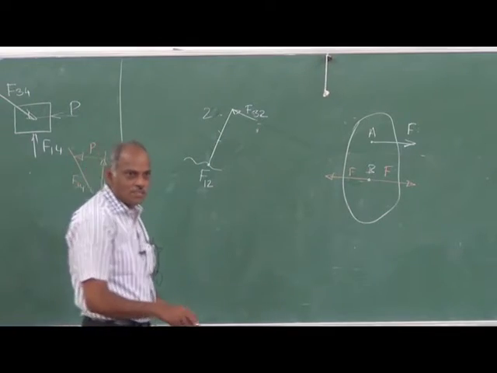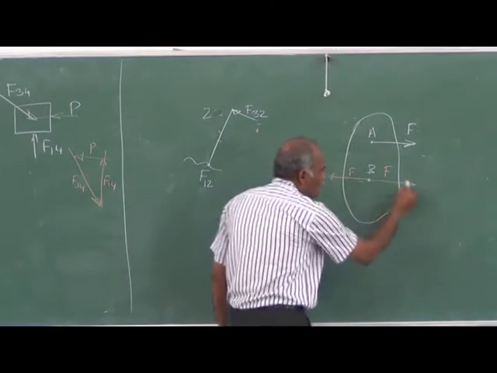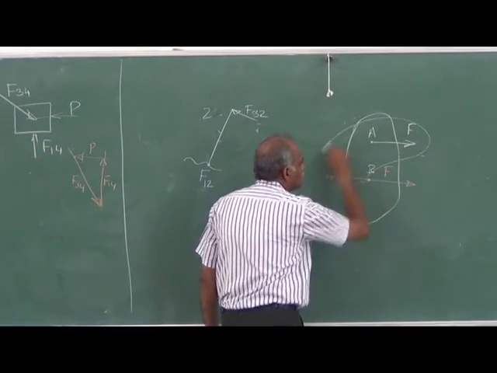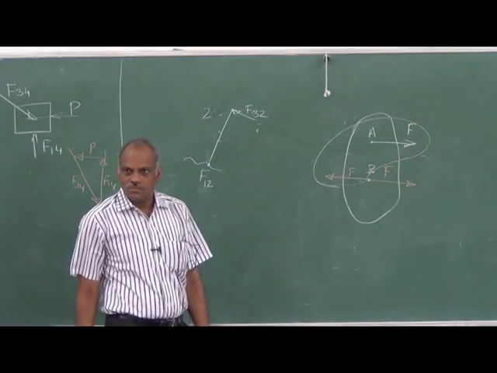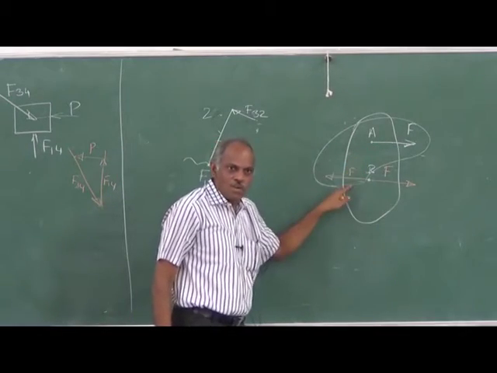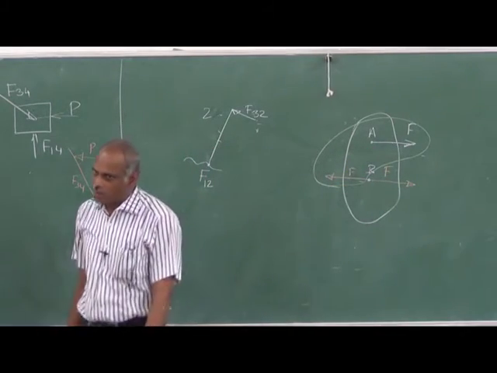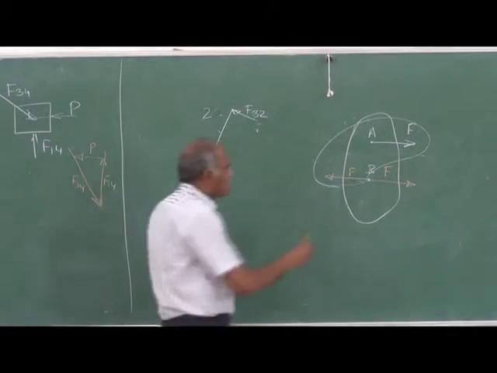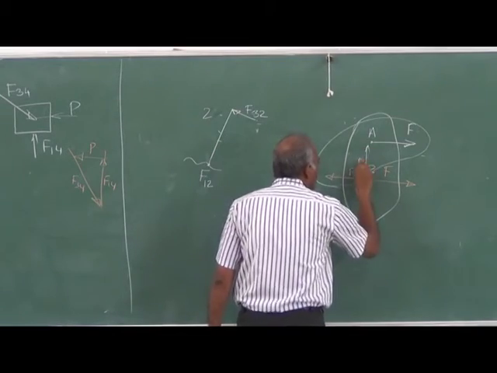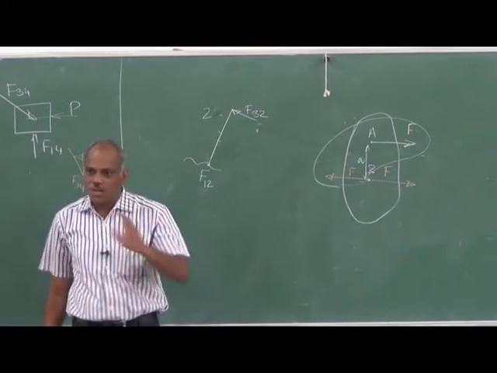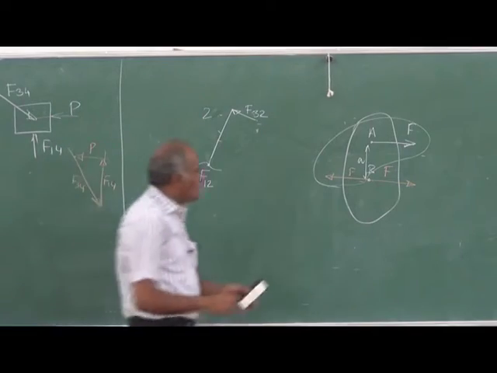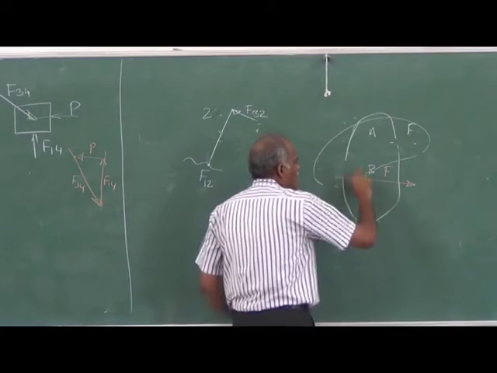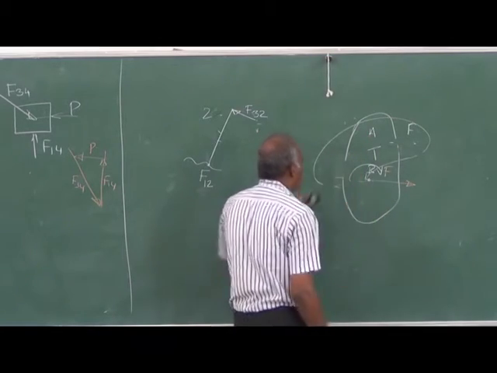Now you look at what has happened. You have a force here. Now you consider these two forces. These two forces are equal in magnitude, opposite in direction but not collinear; they are offset by a distance, say distance a, so that introduces a couple. So I can remove these two and say that a couple or a torque has been introduced.